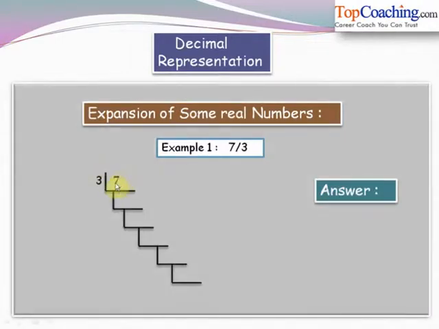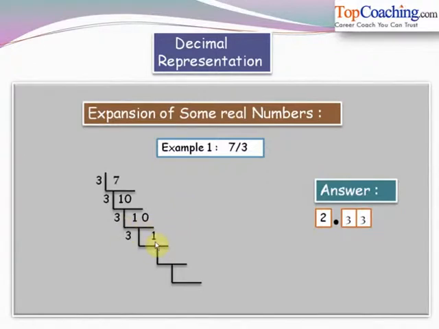So this is 7 and we divide it by 3. So when we divide 7 by 3, in the first step what we get is quotient as 2 and the remainder as 1. So now in the next step we have to divide 1 by 3. Now 1 is obviously smaller than 3. So what we do is we put a decimal sign over here and add a 0 over here. So now we have to divide 10 by 3. And what we get is quotient as 3 and the remainder as 1. Again we get 1 and we have to divide it by 3. So because of this decimal we add a 0 and we get the quotient as 3 and the remainder again as 1.